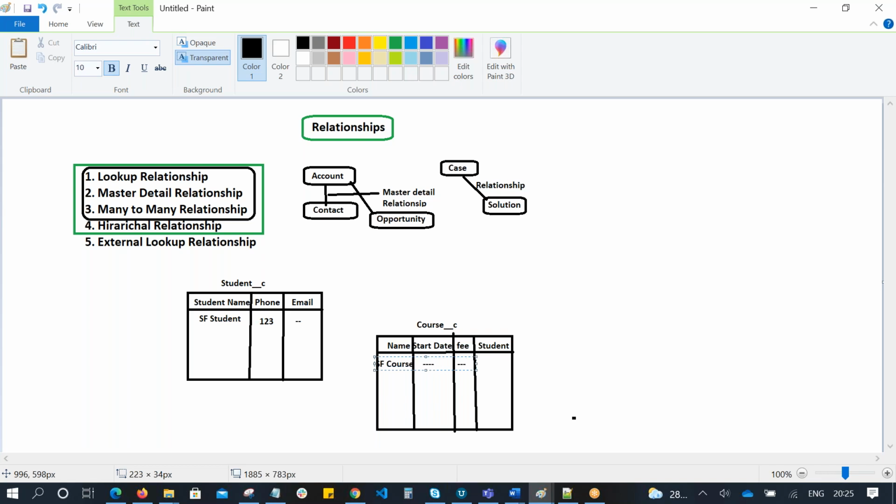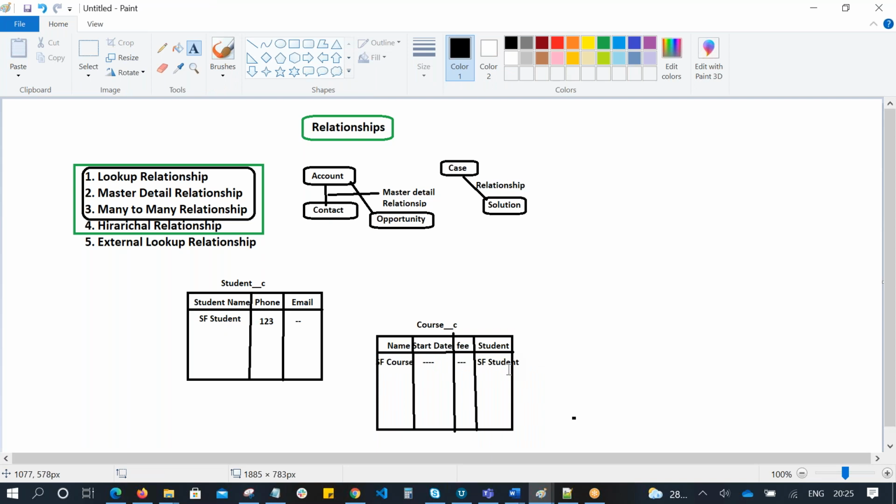Here we need to select the student. Here we have to refer to SF student. SF student means we are assigning this course to SF student. So SF course we need to assign to SF student.